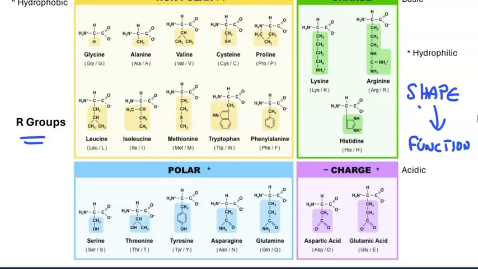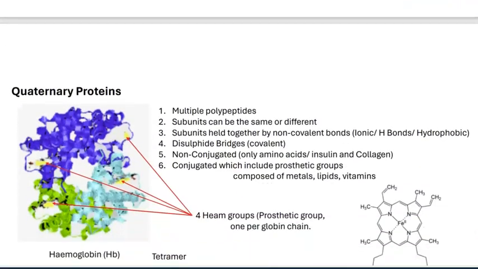Shape and function are related, and this will be the application that we make as we go on to consider the different proteins and their roles in biology. We're thinking about the protein shape telling us about the protein function, and that comes about because of primary folding into secondary, folding into tertiary shapes. But there is the possibility,